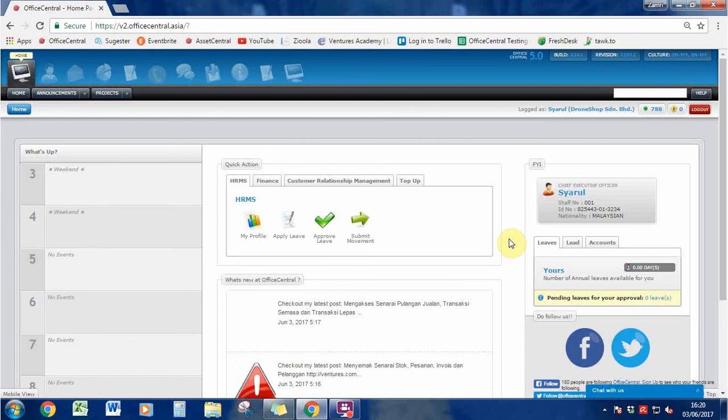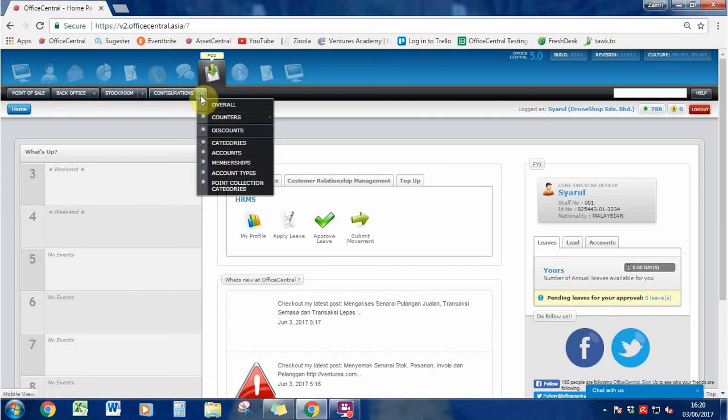To access the POS module, you need to select from the list of modules above and then click on POS. Before you use this module, you need to make configuration first. First of all, you go to POS and then select configuration, and we will start with the last one, point